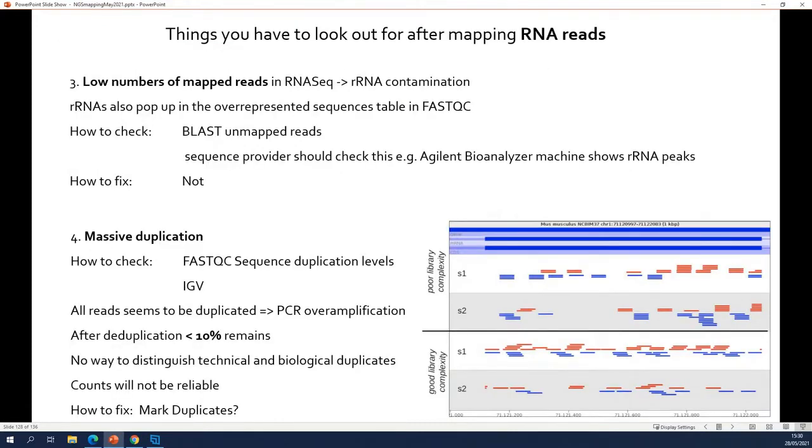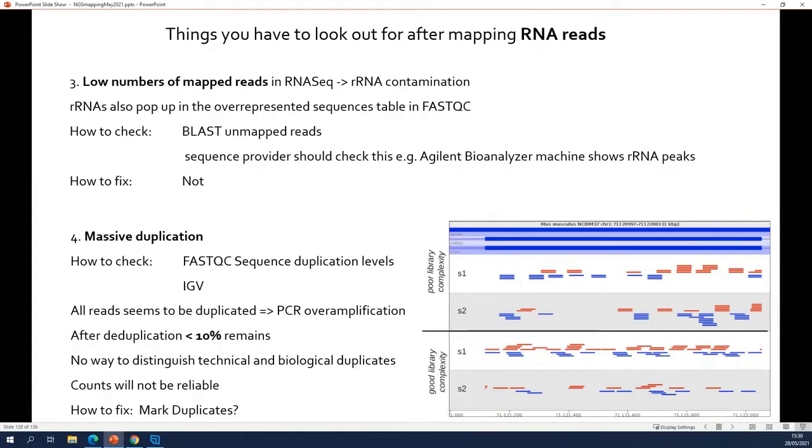And what is the problem with the RNA-seq data? Well, the problem in RNA-seq data is that you always have biological duplicates because of the housekeeping genes. If you also have a lot of technical duplicates, you cannot make the distinction between the two, unless you use the UMIs. I explained this last week. The technical duplicates will distort the counts. Your counts will not be accurate. But removing all the duplicates will also distort the counts because you're also removing biological duplicates.